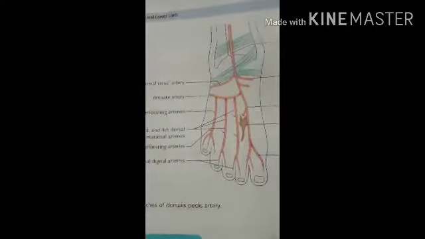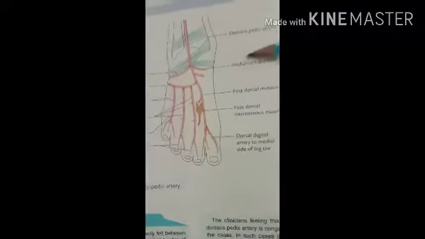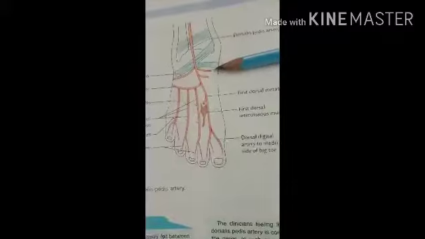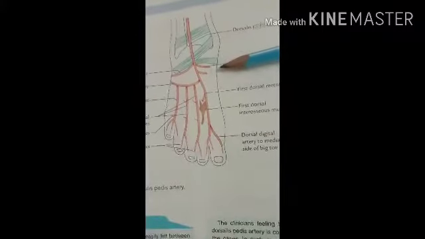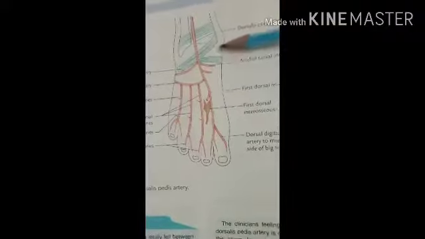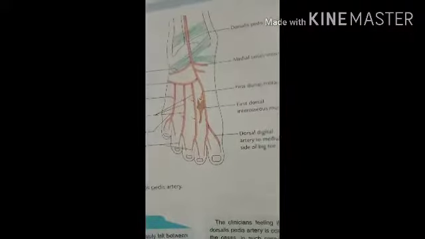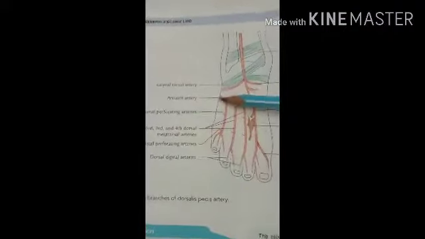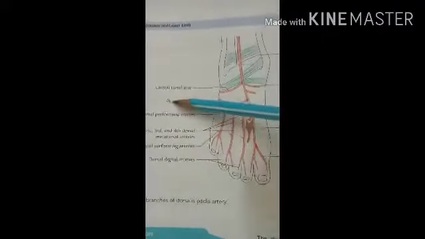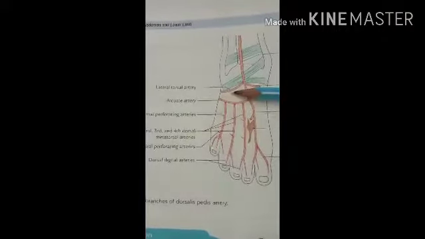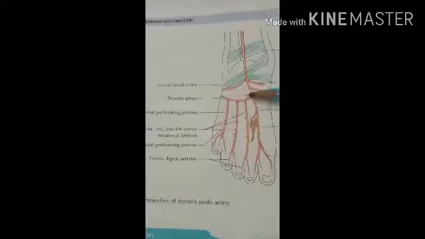Then the medial tarsal branch. Here this one, the medial tarsal artery. These are two or three small twigs which join the medial malleolar network. Then the arcuate artery. Here you can see this one, forming the arch called the arcuate artery. It is a large branch which arises opposite the medial cuneiform.